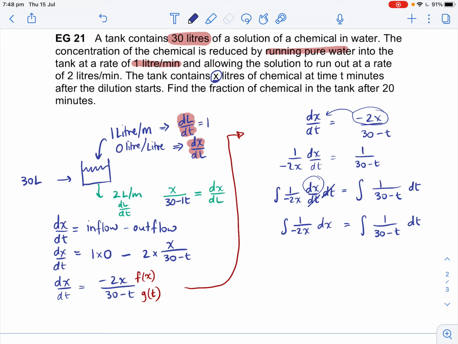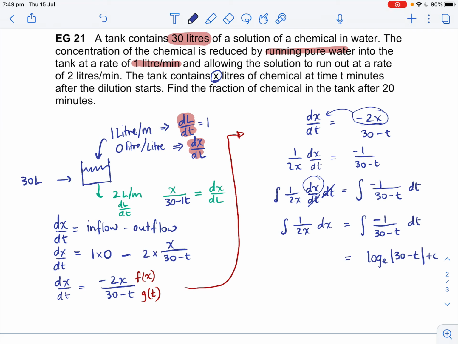And I'm going to do one extra thing here. I've just spotted this. I'm going to move that minus to the other side. So rather than bringing the minus across, I'm going to leave it on the right-hand side. I hope some of you might have noticed why I did that. Because now on the right-hand side, the top line is a derivative of the bottom line, so it is a simple log problem. So this one becomes log e of 30 minus t plus c,